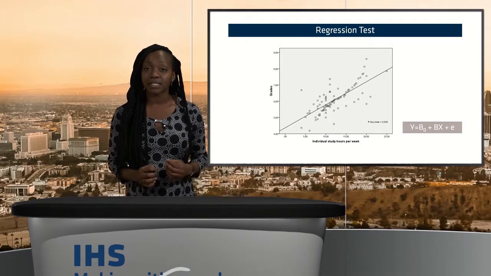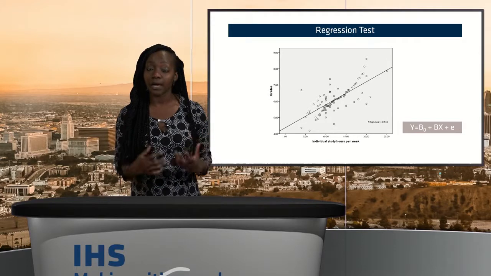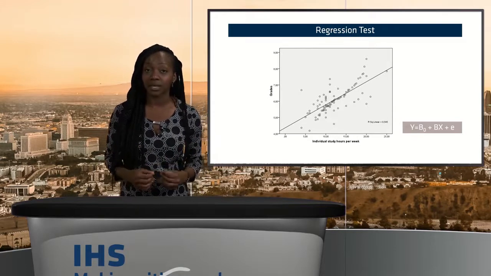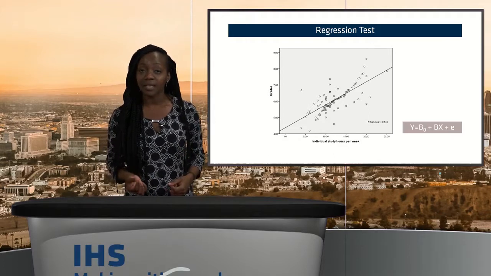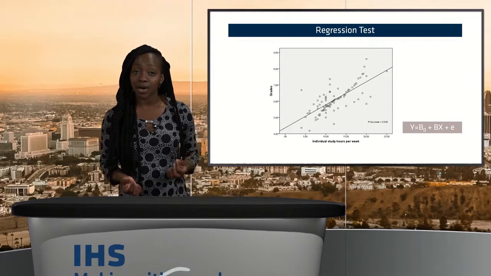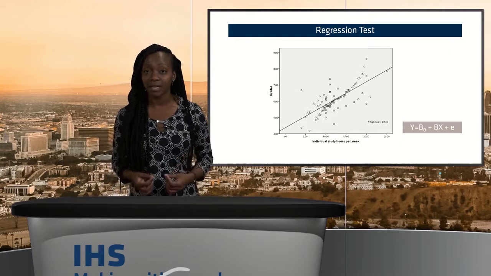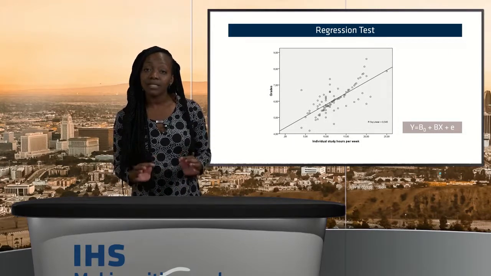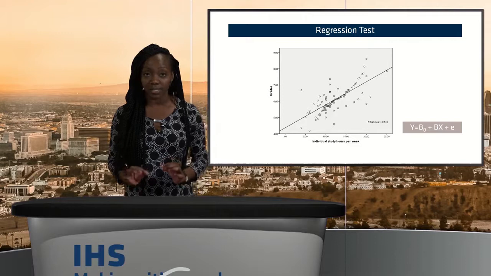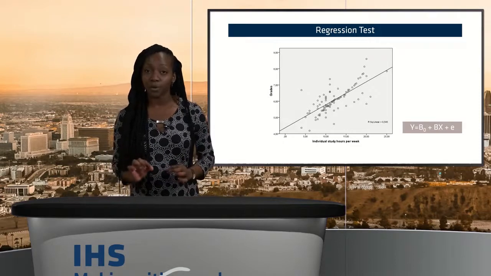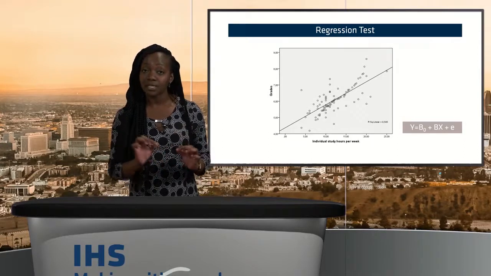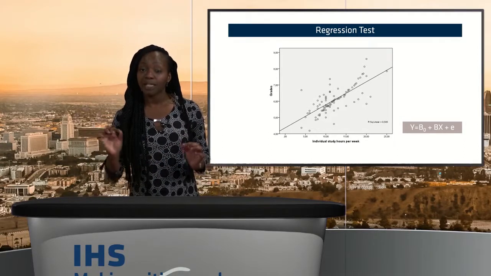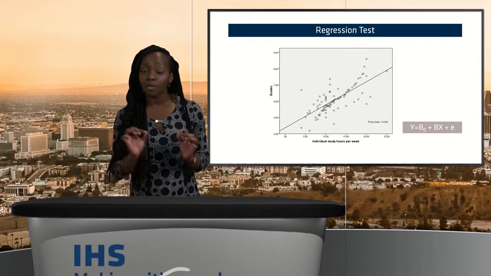Linear regression estimates the equation of the line of best fit using a technique called least squares. The least squares line is the line that best describes the data collected, meaning the line that has the smallest sum of squared vertical distances from the observed points to the line. The line of best fit is called the regression line, and it plots the best fit of all the points